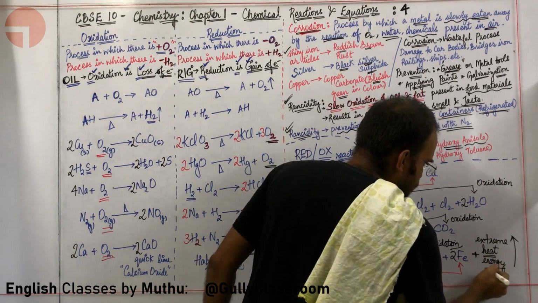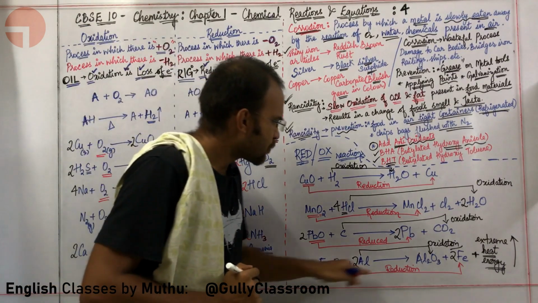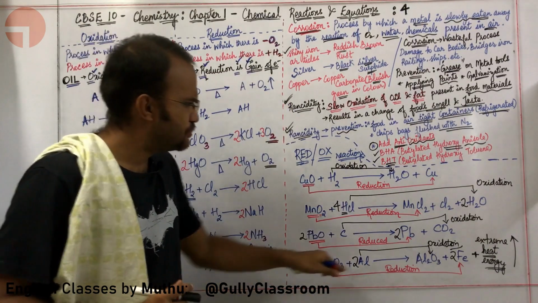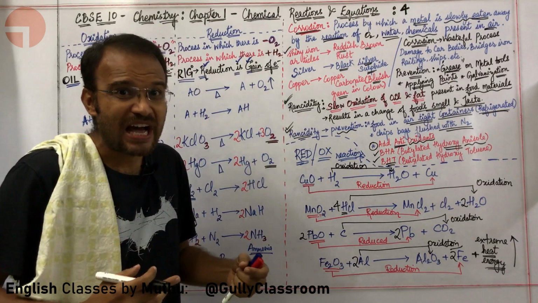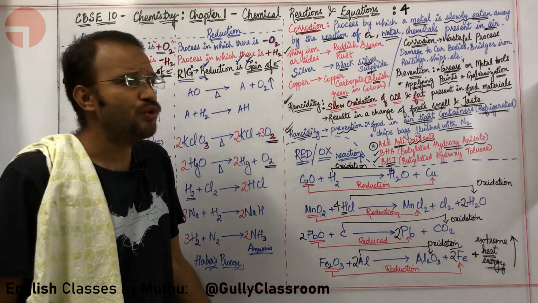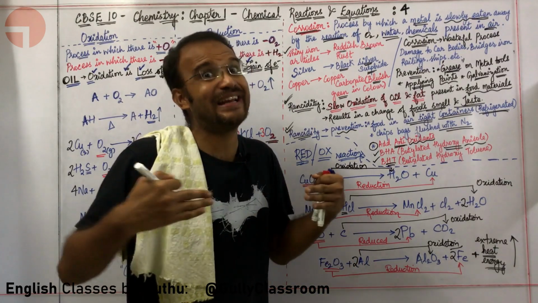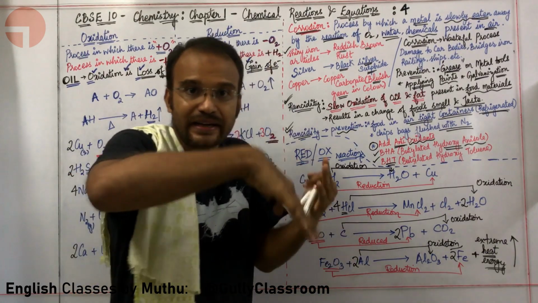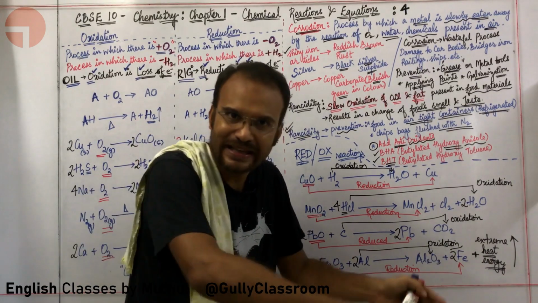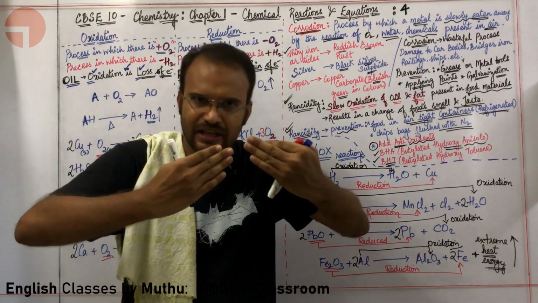This heat energy is used for welding. In which kind of places is this reaction used? This is used in places where normal welding is not possible. For example, you cannot be carrying a welding kit in order to join the rails. Trains run on railway tracks. Let us say a railway track has broken.